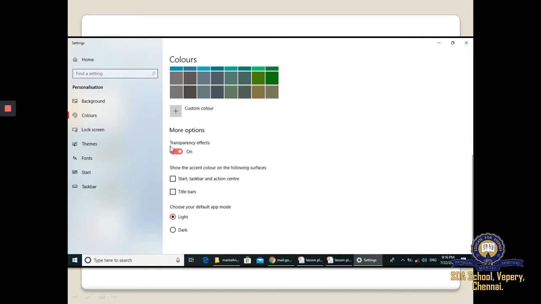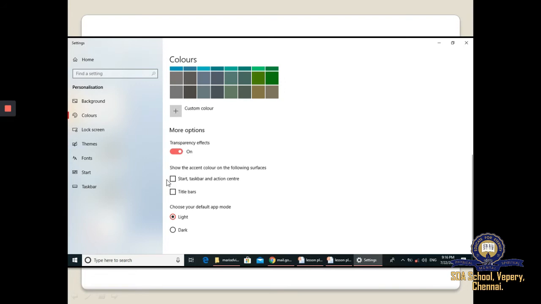Then, already we learned about the transparency option. If you want it, then you have to enable this option. Then show the accent color on the following surfaces: start menu, taskbar, and action center. Okay, then title bars.